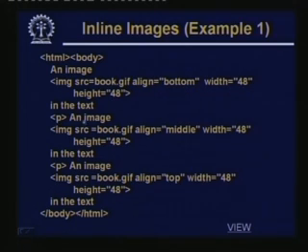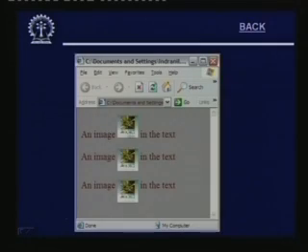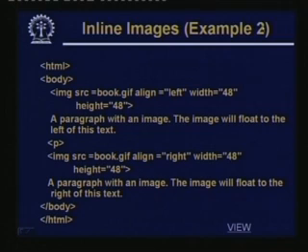Then there is a paragraph break, the same block, but instead of bottom you give align equal to middle. The third one after paragraph break, same thing with align equal to top. So, bottom, middle, top, if you view it, it will come like this. The text will be coming, but the image will be aligned with respect to the text bottom, middle or top. Okay. Fine. The next example,